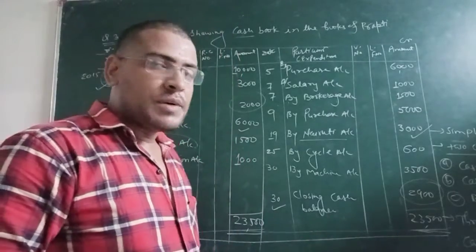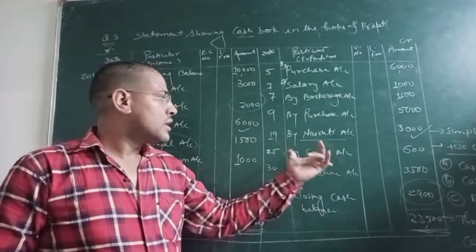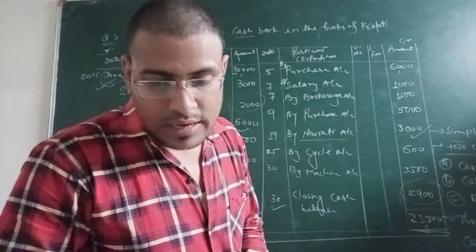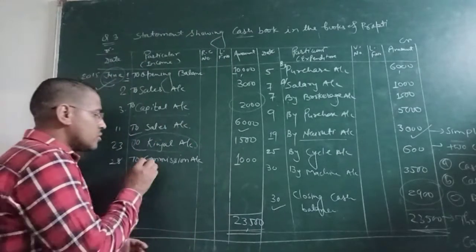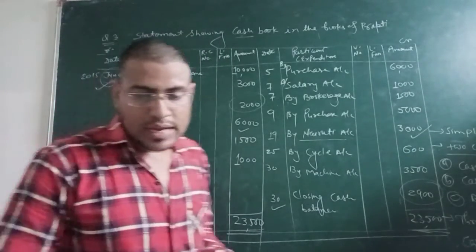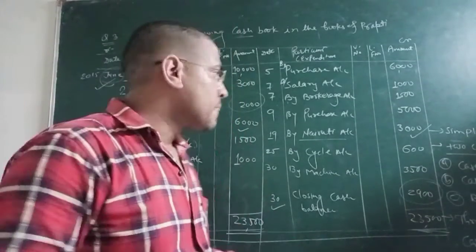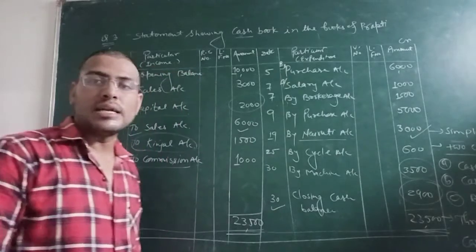After that, old cycle of 600 purchased for business. So it's an expenditure of business. So if it is any expenditure, where will we go? Credit side, write cycle account 600 rupees. Then 1,000 rupees received towards commission. It is income, so come to the debit side. What will you write? By the name of commission, it is 1,000 rupees. And the last one, machine of rupees 3,000 purchased for business. Okay, so since the machine is purchased for business, it is an expenditure, so at the credit side.